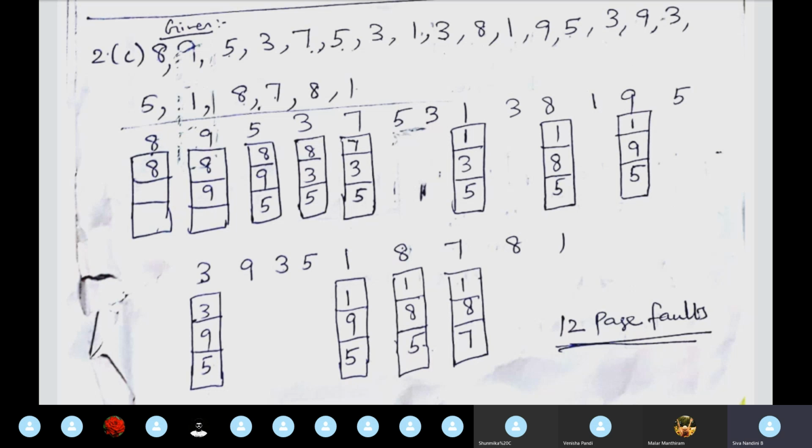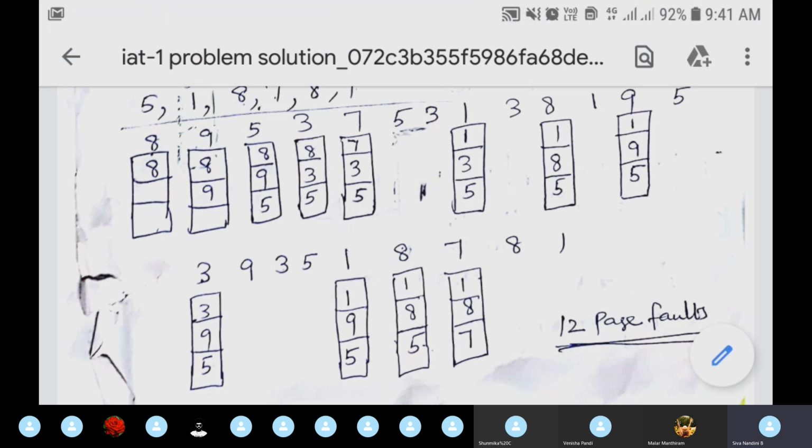So if you see it like that, after 8 we are having 1. So this 1 shouldn't be replaced. After 1 we are having 9. This 9 is not in the frame, so we no need to bother about it. So next we are having 5. It is also not in the frame. No need to bother. And next we are having 3. So this 3 and 1 is a page which is going to be used within a short period of time. So if you see the 1 and 5, sorry, I will repeat it again.